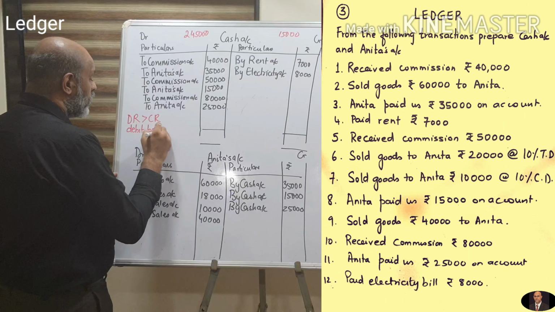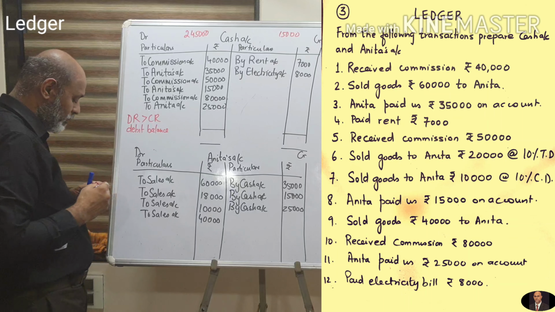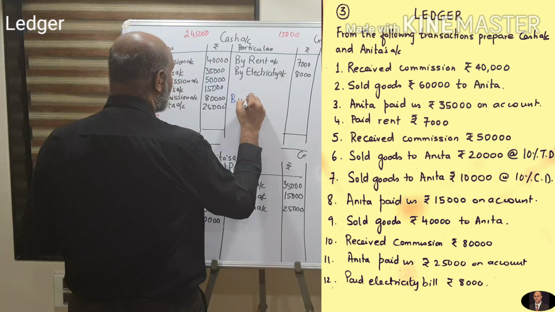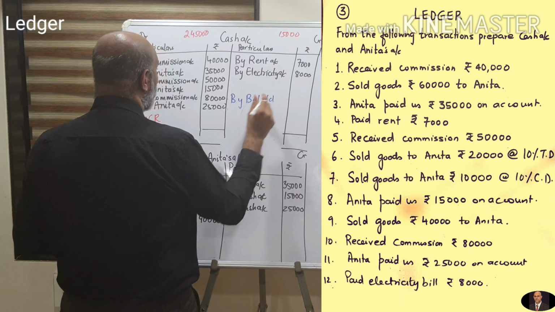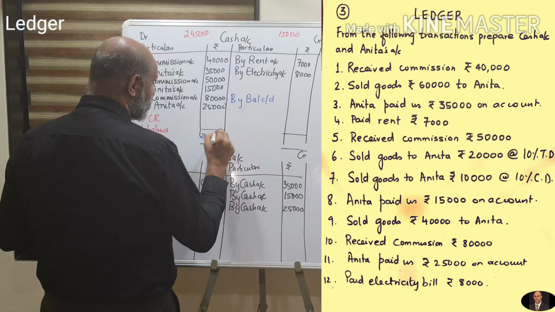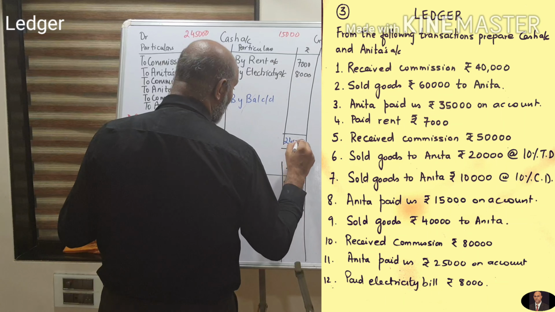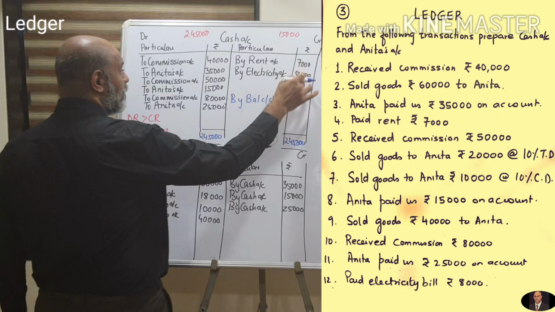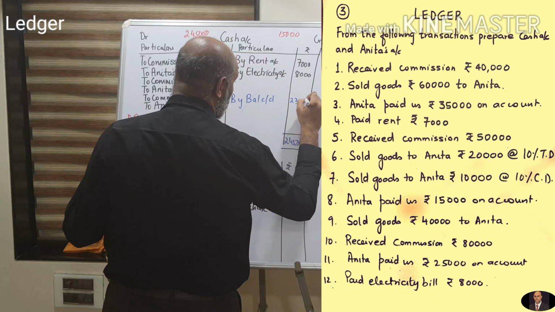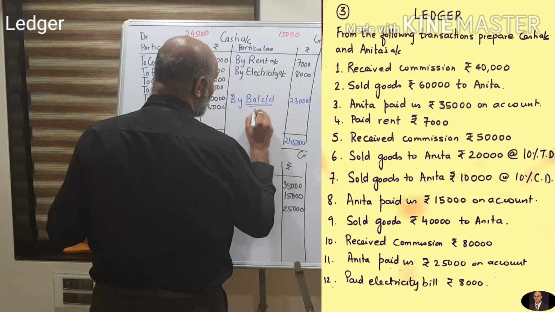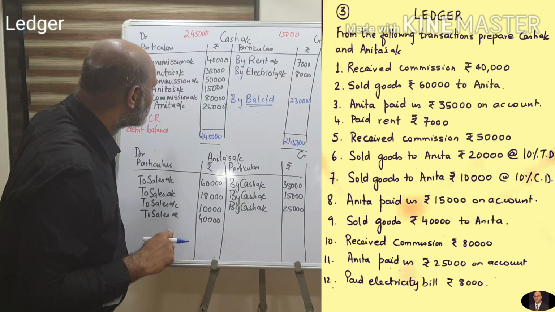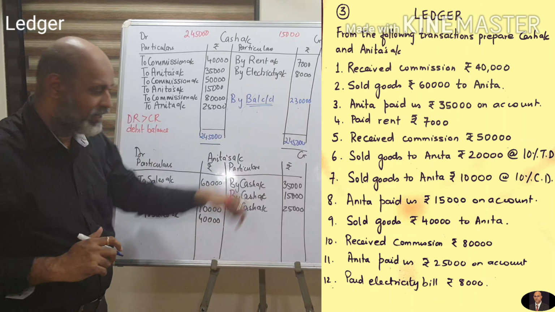Okay, so what I am going to write here is by balance carried down, which will be a debit balance because the credit side is less. So I write down the heavier figure on both the sides, 2 lakh 45, 2 lakh 45. From 2 lakh 45 I minus 15,000, which will give me 2 lakh 30. This means that I have a cash balance of 2 lakh 30. Cash has got a debit balance because the debit side is greater than the credit side.